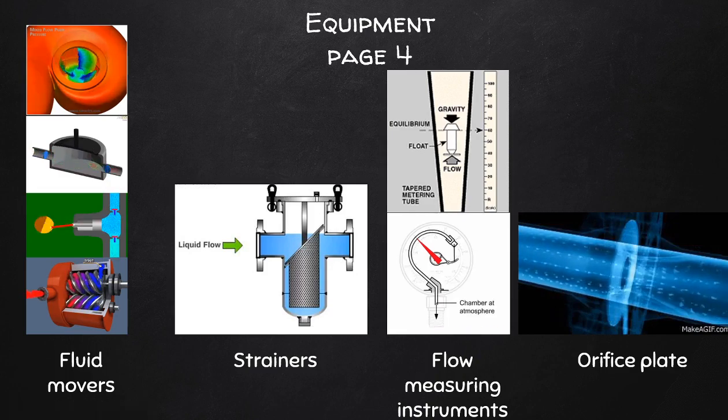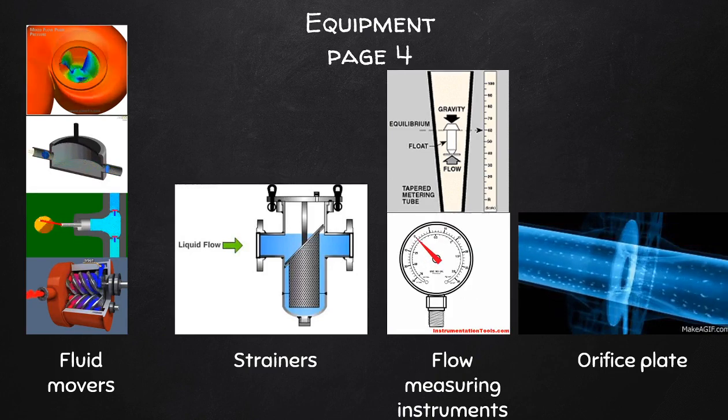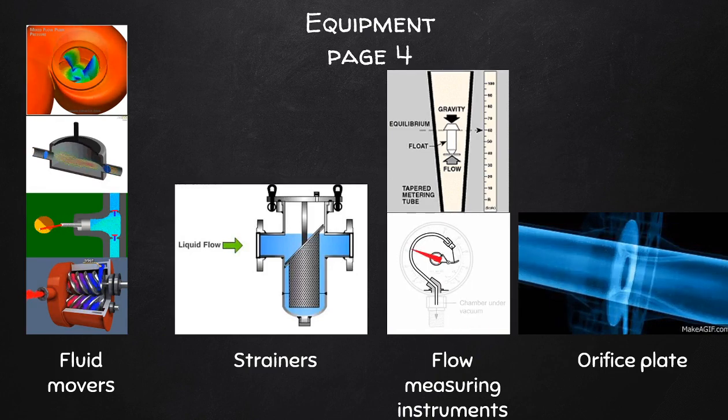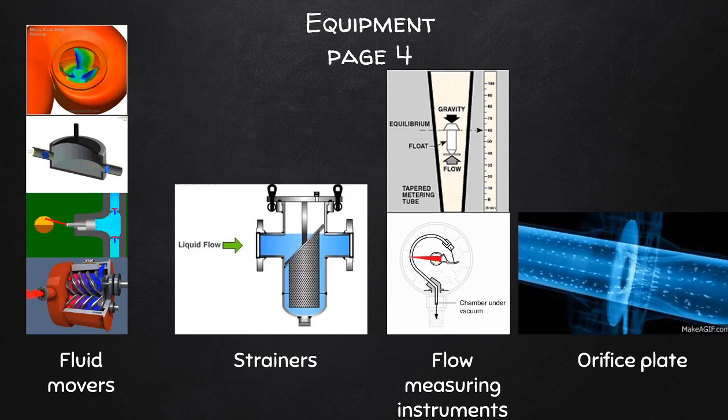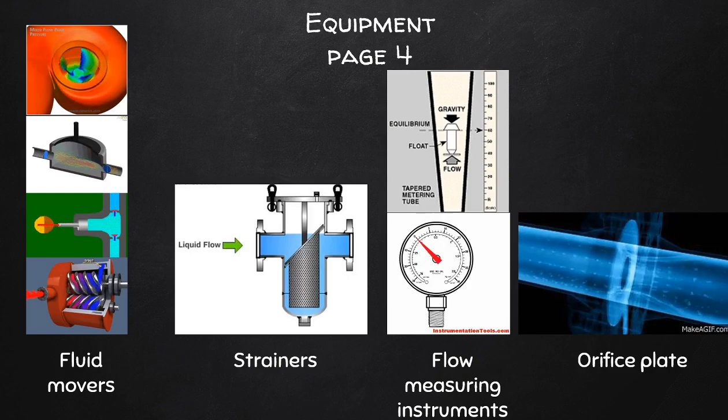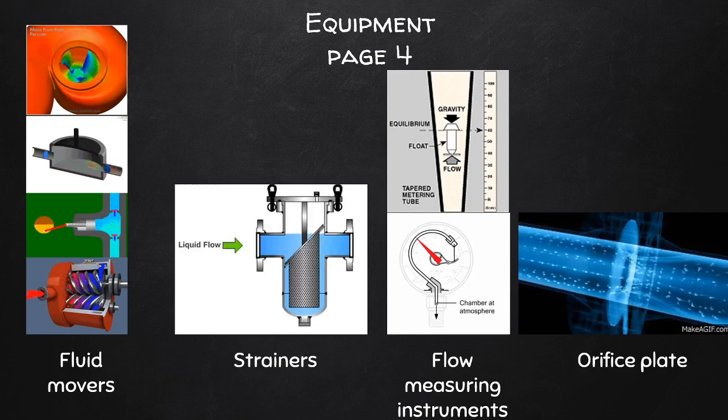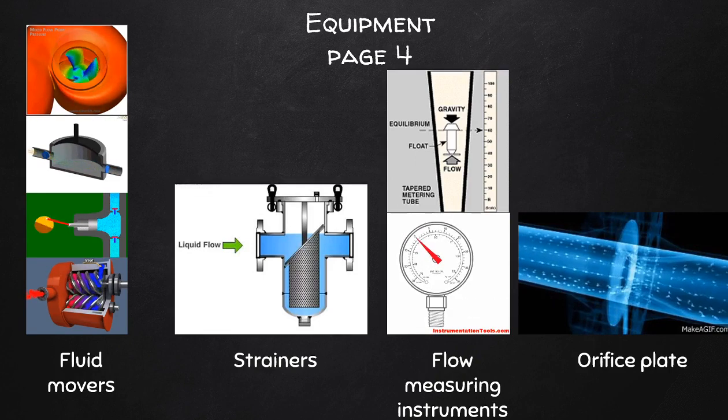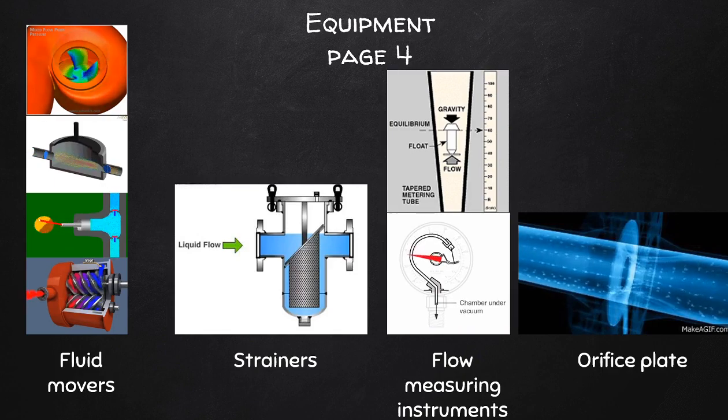Along with the valves and fittings, we also have equipment, and equipment are also associated with their own resistances to flow. The pressure loss across pieces of equipment will need to be factored in when designing piping and processes. So typically, equipment you will come across as an engineer would be things like fluid movers, which are your pumps and your compressors, etc. You would have strainers, you would have screens, flow measuring instruments that sit in the path of the flow, consistency meters, and orifice plates,